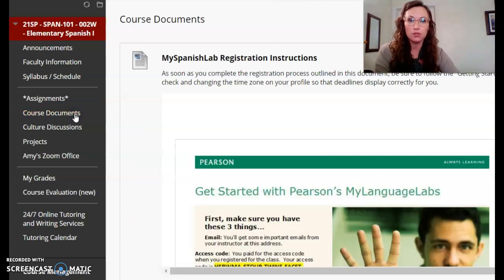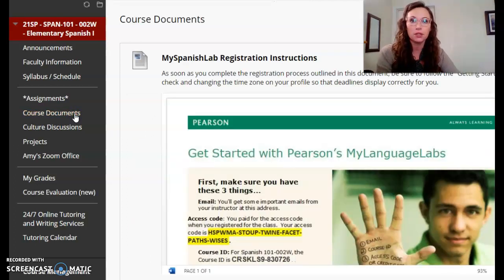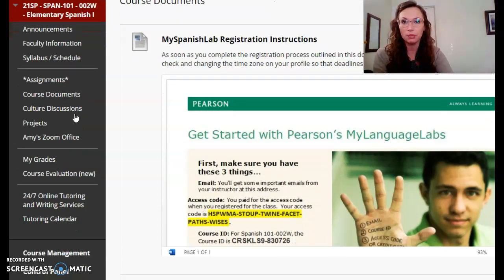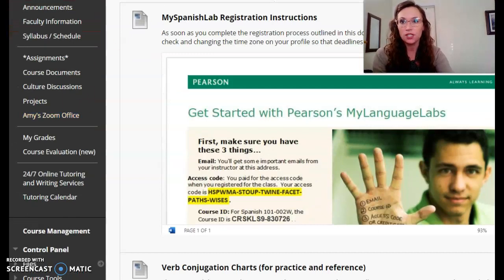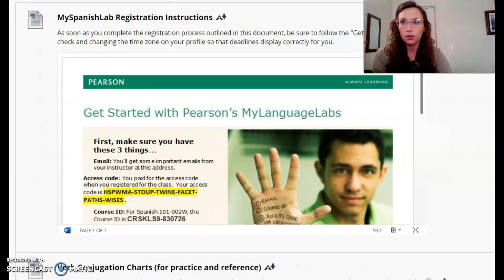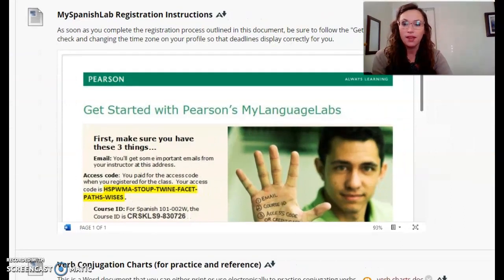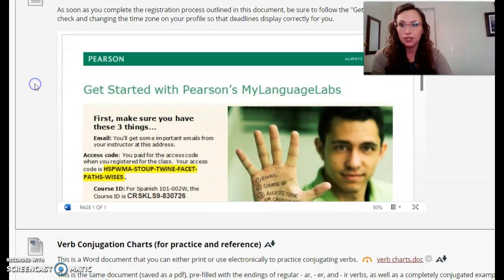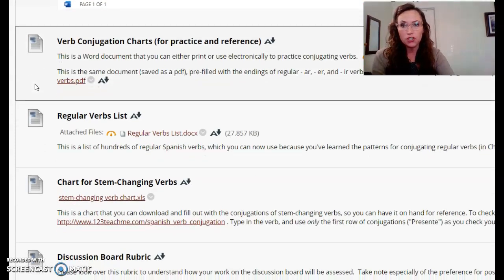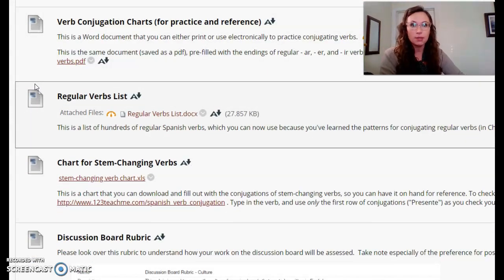So these are resources that aren't necessarily pertinent just to one week, but that might be useful to you throughout the semester. So I have them in their own separate area so they're easy to access. The first thing is the MySpanishLab registration instructions, and I think everybody's set up there, so no need to talk about that. The next item here are verb conjugation charts, and this is something that we haven't really